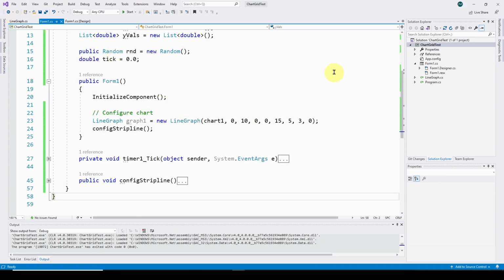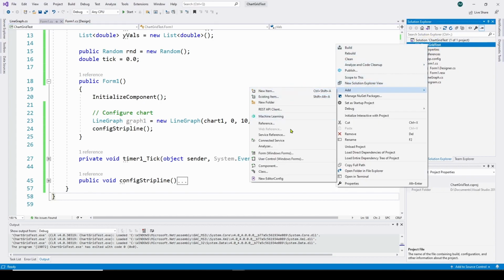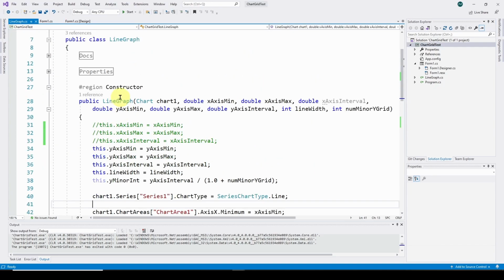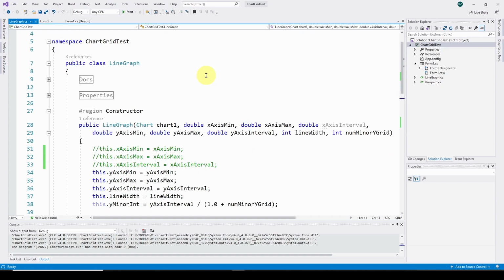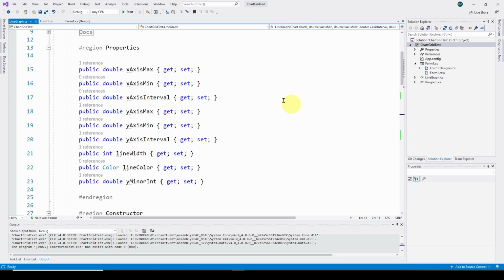So all I'm doing is going up to my project, right-clicking, and then as with anything, you add new item or add class, and it will give you this class. And I'm using System.Windows.Forms.DataVisualization.Charting, System.Drawing, and then I am setting some properties that we're going to use. For example, x-axis maximum, x-axis minimum, interval, y-axis max, min, and interval, line width, line color,